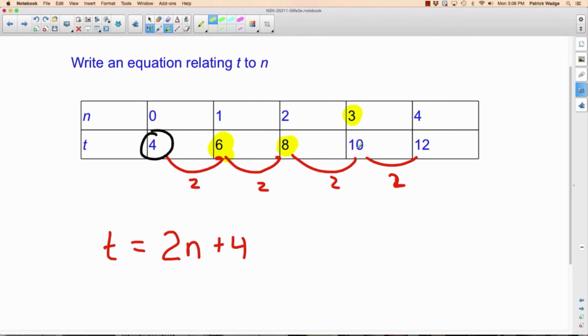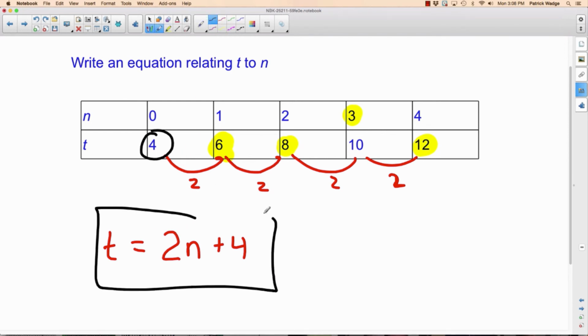Yep, it worked. Whoops, I highlighted the wrong one, I guess. And let's try this one. Put 4 in here. 2 times 4 is 8, plus 4 is 12. We did it. We found a formula that relates t to n, and now I could figure this out